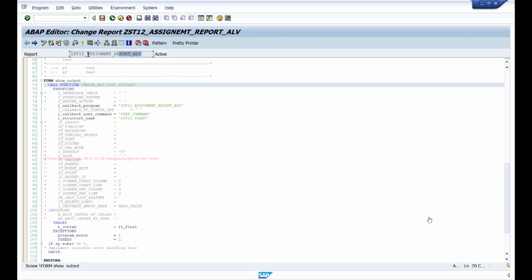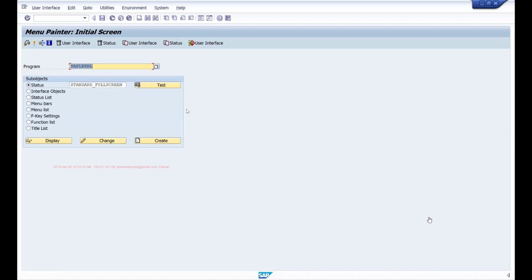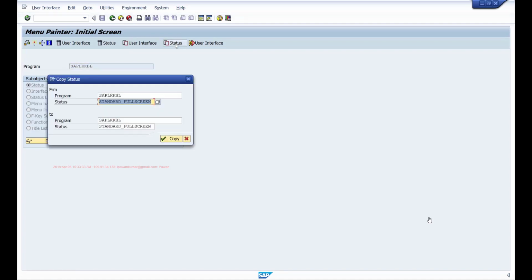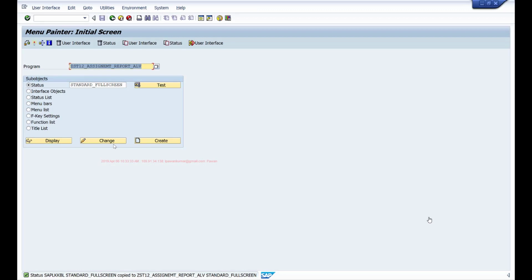My program name is this. From program to this program. Sorry, I should copy the status, not the user interface. So from this program to my program, I'll copy. I'll name my GUI status also standard full screen. Copy everything. So now this status is copied.